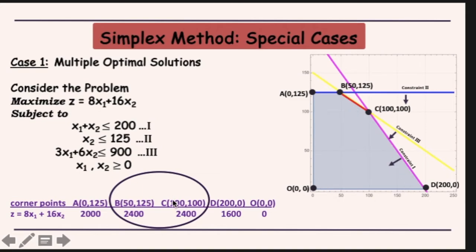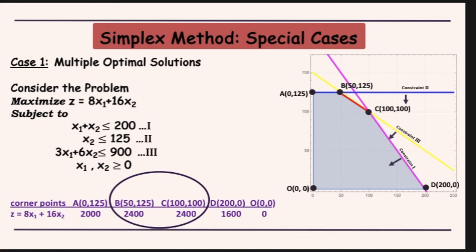Now if we find out the value of z at these corner points, the corner points of the feasible region, we would find that the maximum value occurs at both B and C, which is 2400 for each of them. And as you can see here, this red line, the constraint 3 portion of the feasible region, is also containing all the points with the same value of the objective function. So not only these 2 points, but all the points on the line segment joining these 2 points would also give us the optimal solution. So that is what we can figure out from the graph, and we can conclude from the graph.